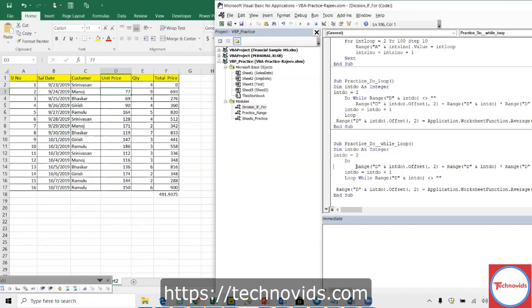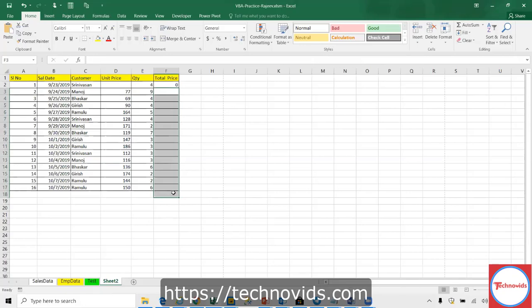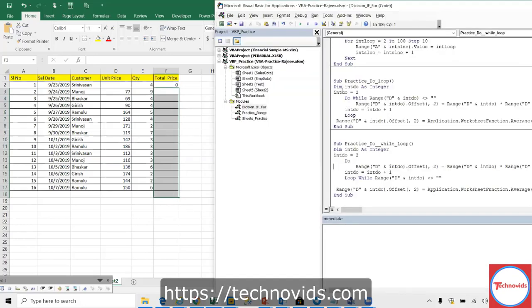Because of that it's executing at least once, the second type of loop, whereas this one will not execute at all. If the condition is false, it will come out. That's a difference. But I think mostly people use this only, because you want to check the condition at the beginning, right? So that's why people use this only. Okay, all right.